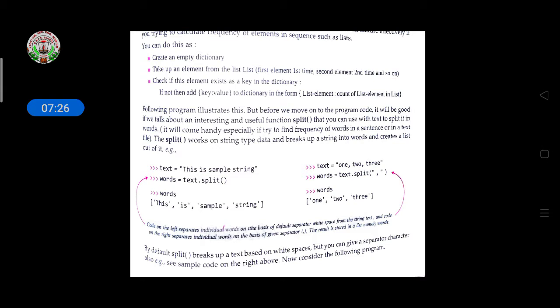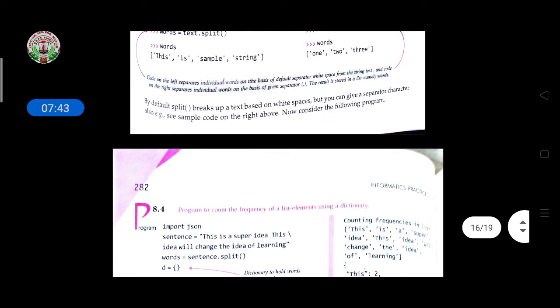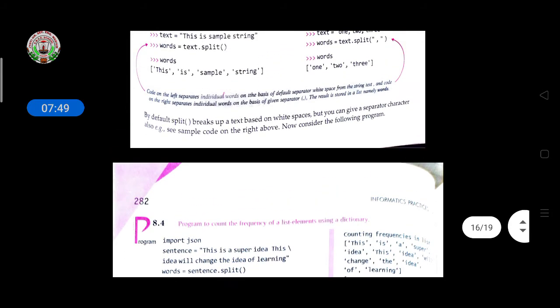The code on the right separates individual words on the basis of the given separator. Both sides will show the same output whether you give the separator or not. By default, split breaks text on white space, but you can give a separator character. Consider the above program, but in a string format with commas, so the comma will be displayed here.